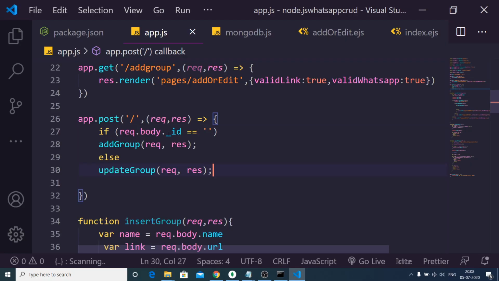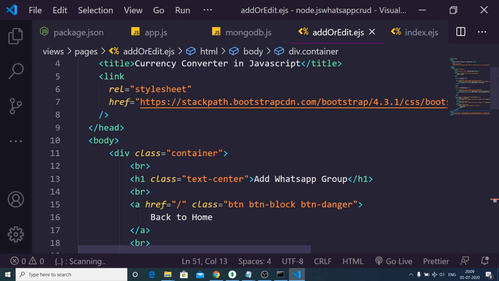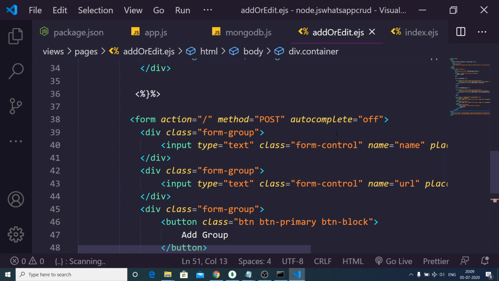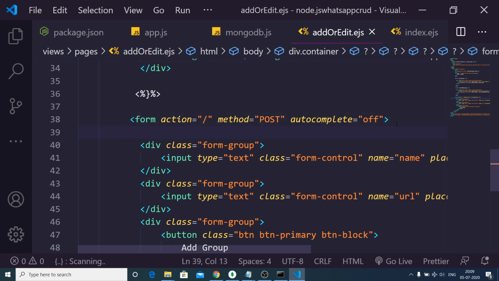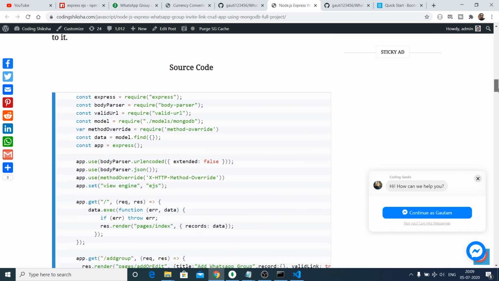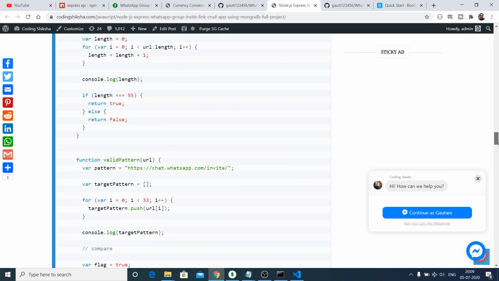So this code generally means that we are checking for an entry which will be there inside the form, that is underscore id. So inside this form we will be having a hidden field here. So just inside the form here we will have a hidden field. So that hidden field will be the actual id of the group which is inserted. So let me just see here.